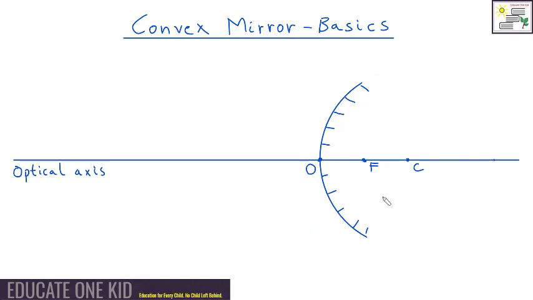The last thing you need to know about how the convex mirror affects light rays is light rays that arrive at the convex mirror directed towards the center of the mirror. So this time let me draw in a dashed line to the center. So if a light ray comes in like this, directed towards the center,